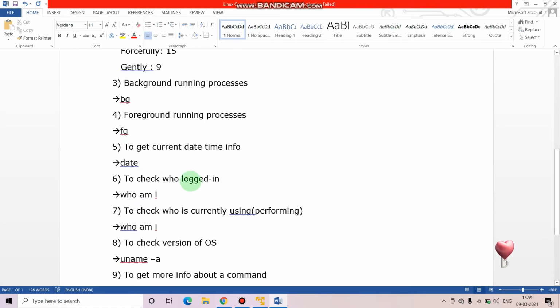Who am I with spaces will let you know who is currently logged into the system, and whoami without space will let you know who is currently using the system.